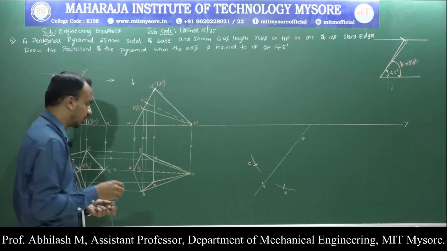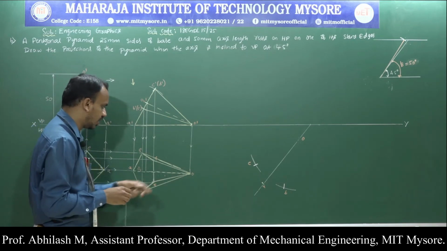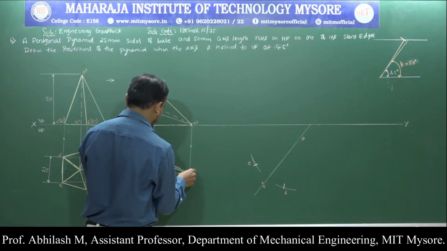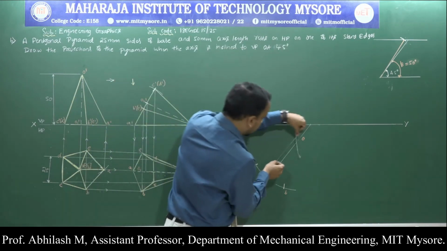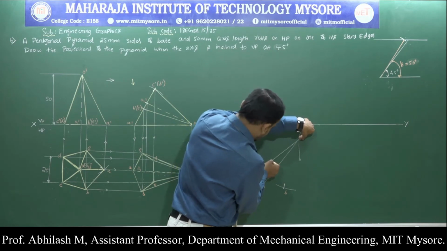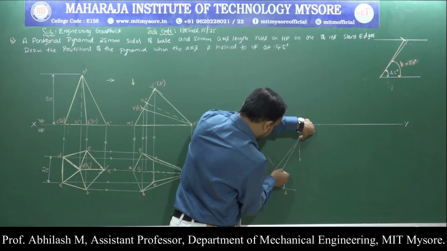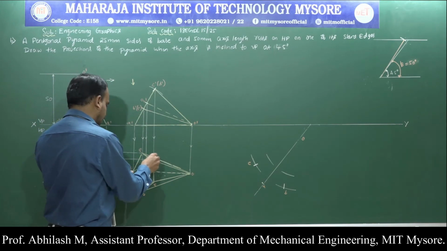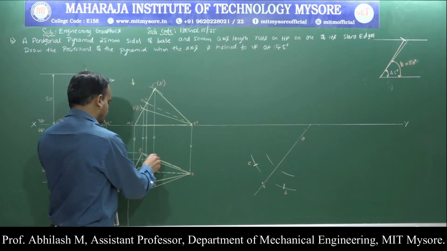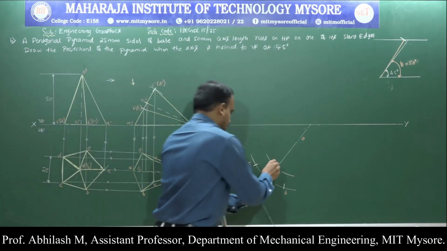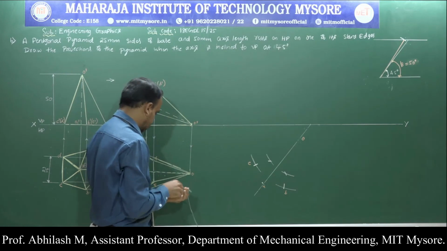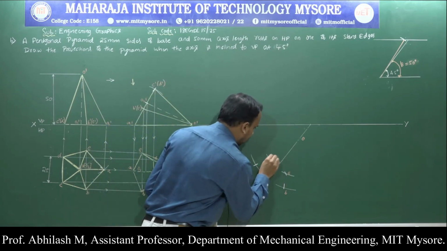What is the next thing that I am supposed to transfer? I am supposed to transfer O to C and O to D. So measure from O to D and cut an arc. Similarly, the other point, that is the point C. In order to complete it, measure from O to D, A to D. Similarly, it will be the same for the point C also. Now I have successfully transferred the points C and D.